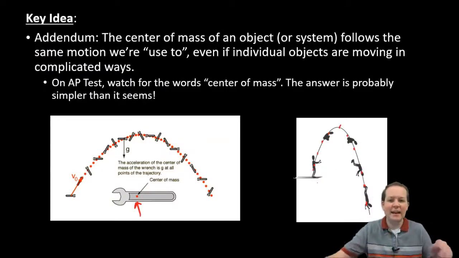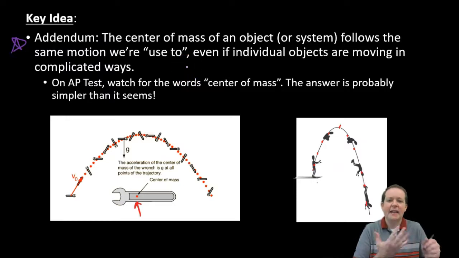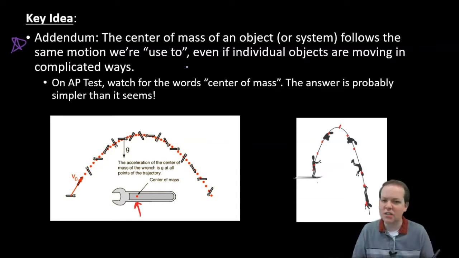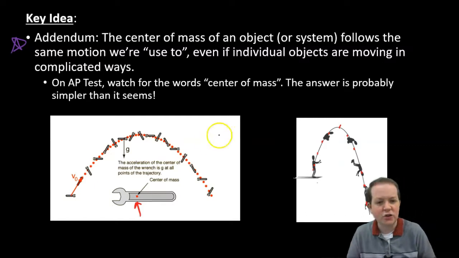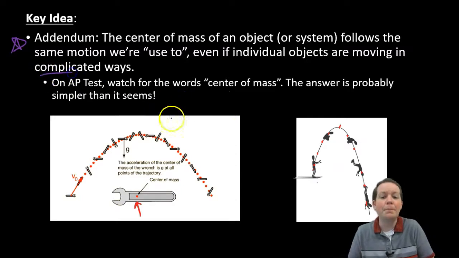There's another idea. That first idea is very important for College Board and the AP exam. There's another important idea, kind of an addendum to that first one. This center of mass, remember, is kind of what we've been using for those free body diagrams. Even when you have some oddly shaped object, the motion of that center of mass is the motion of projectiles, second law, accelerations, momentum, collisions, energy, converting from kinetic to gravitational potential energy. You can use center of mass to simplify otherwise complicated objects.